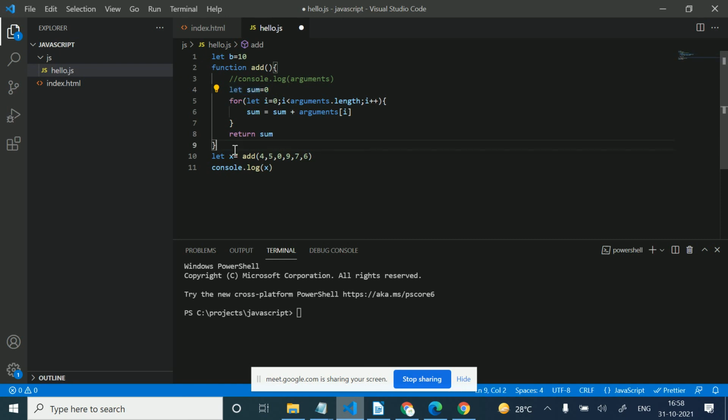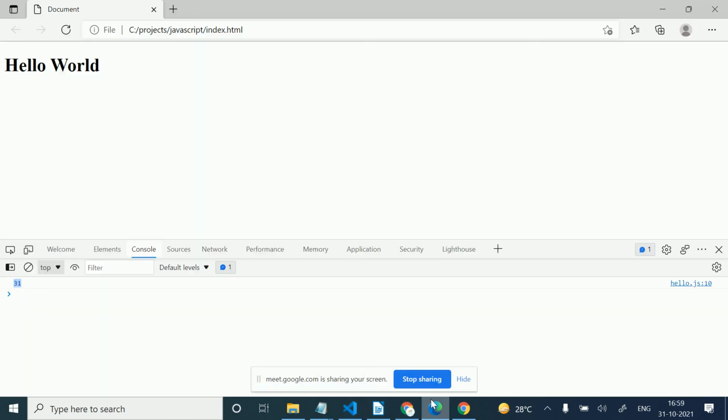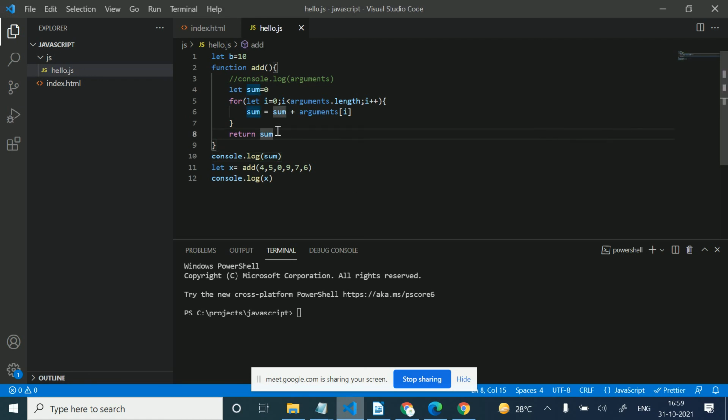If I want to console this sum, then I will get here: sum is not defined. I'm getting this because the scope of a local variable is inside this function. We cannot access it outside the function. So this is the difference between local and global variables.